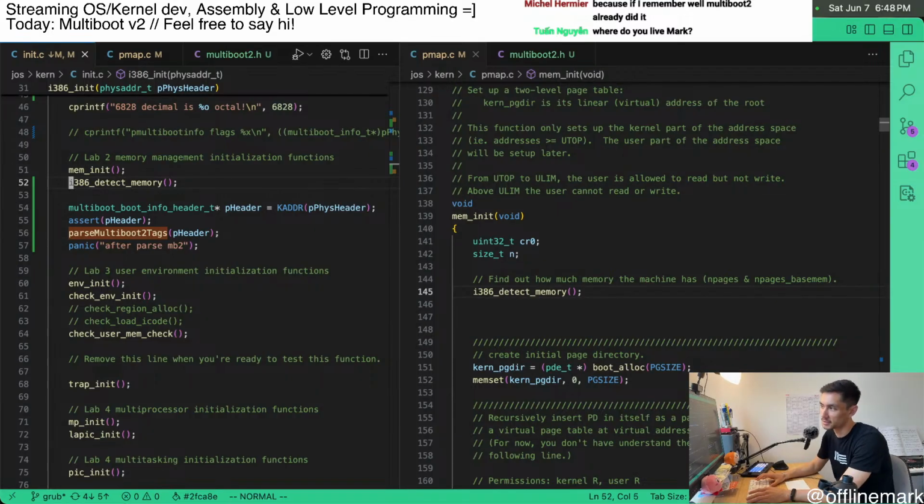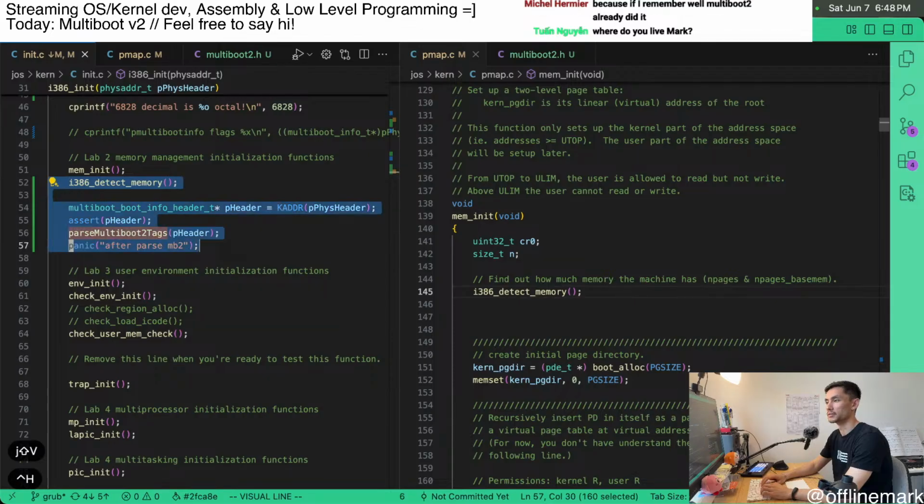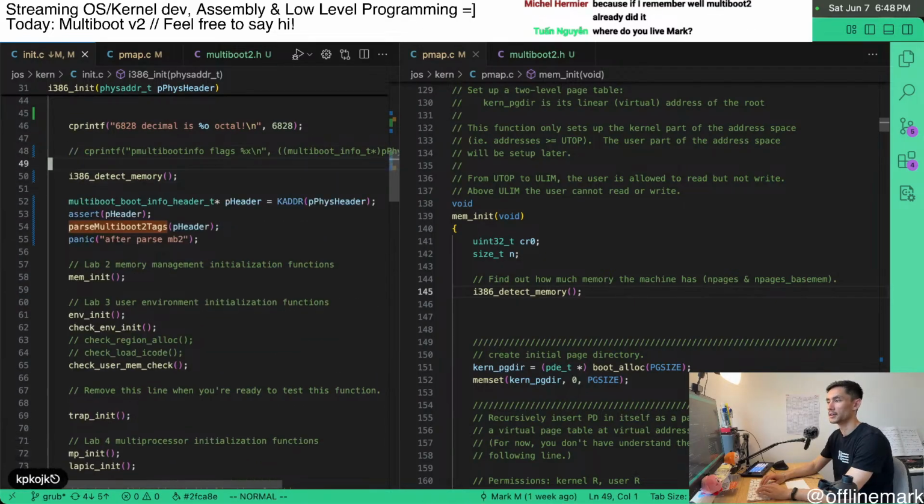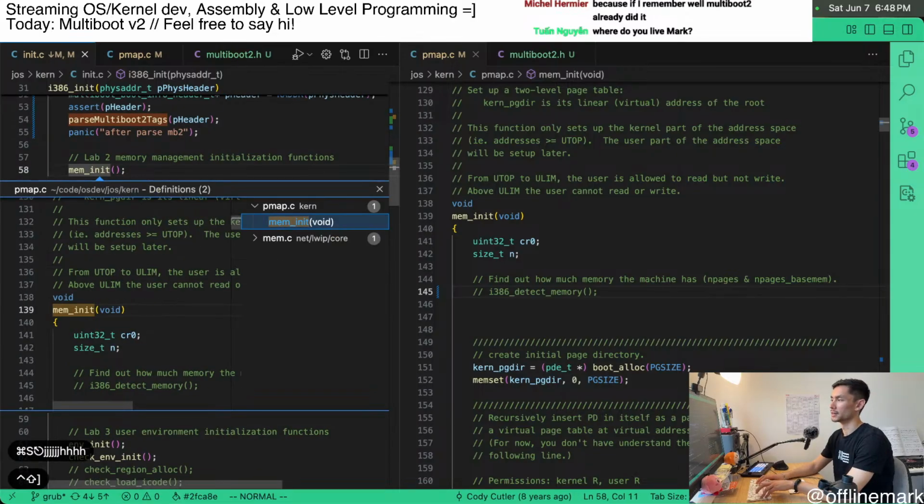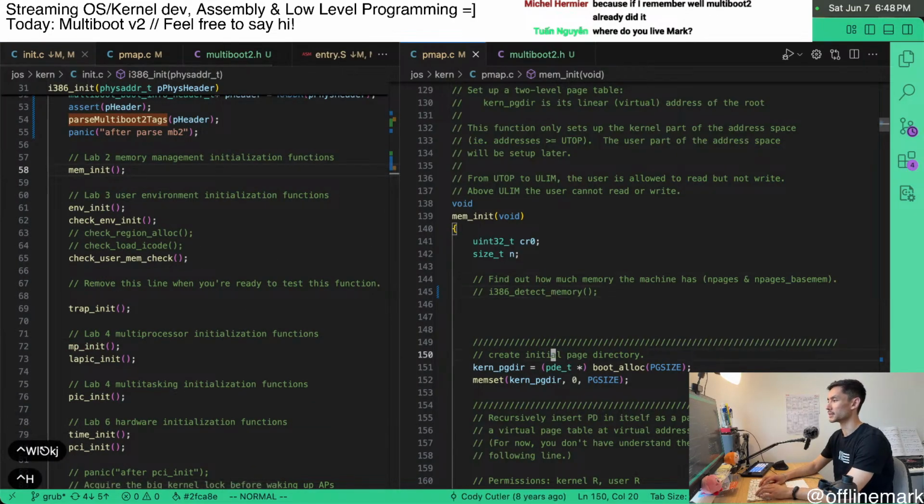Yeah, it's unfortunate how many roadblocks are in the way constantly. Okay, so let's move this back up. And so we do this, which means kadder will now work, which means we also don't need to do it here. And then because this thing comes later, I think it's not going to overwrite all this bootloader memory or something like this, because what mem_init does is it